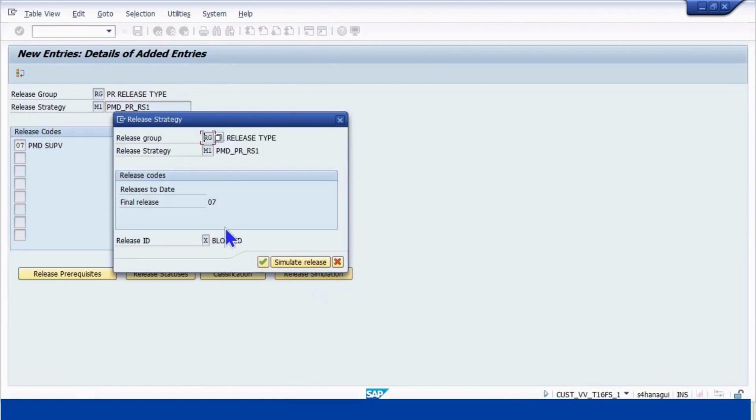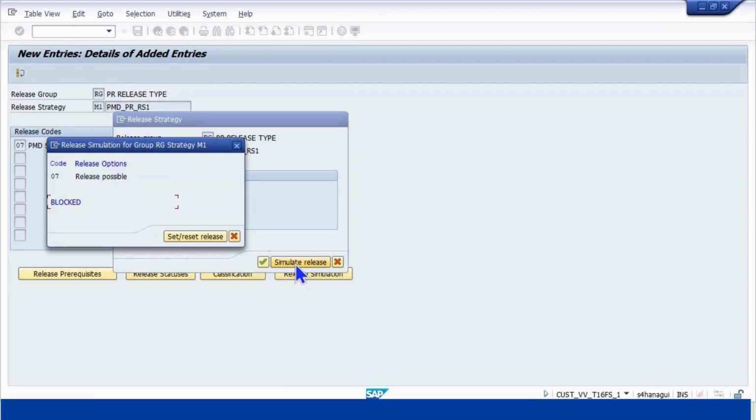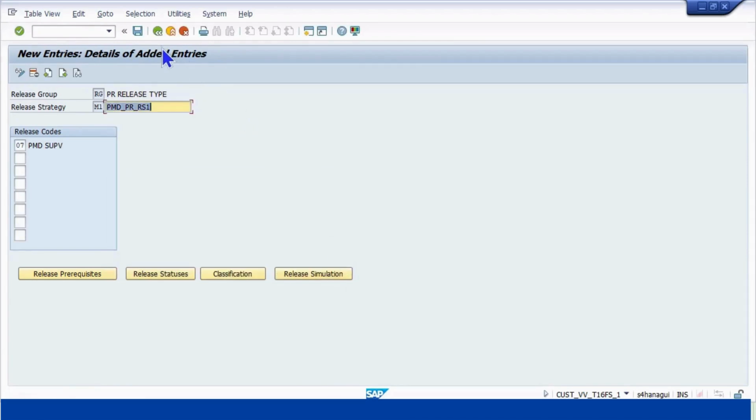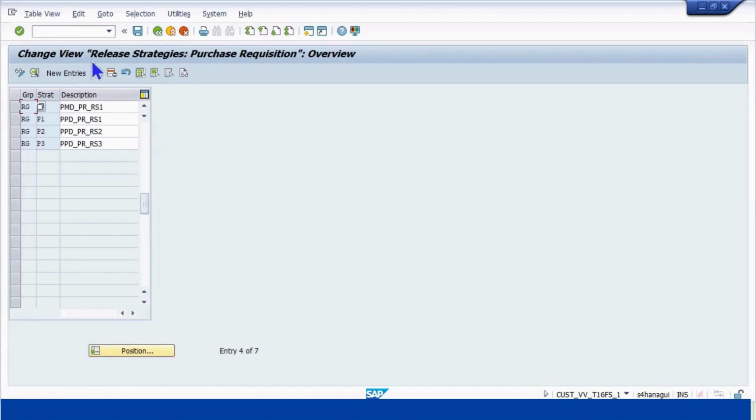Then simulation, click on this, simulate. Initially blocked, set release, click on this, set release. Okay, this is done, working fine. Just save it again just to make sure. Go back now, we'll create